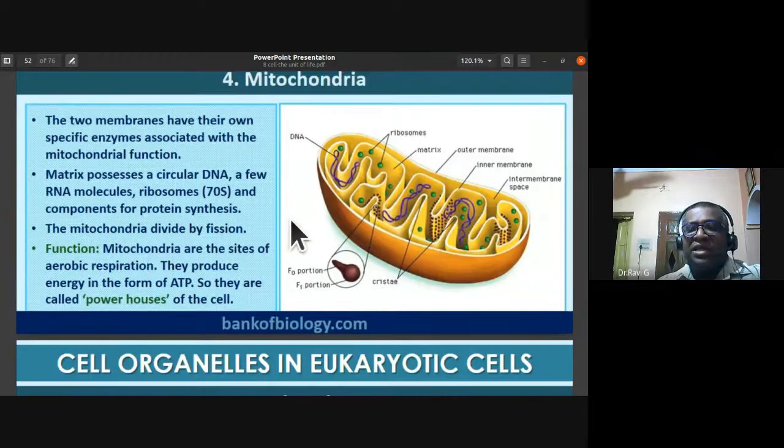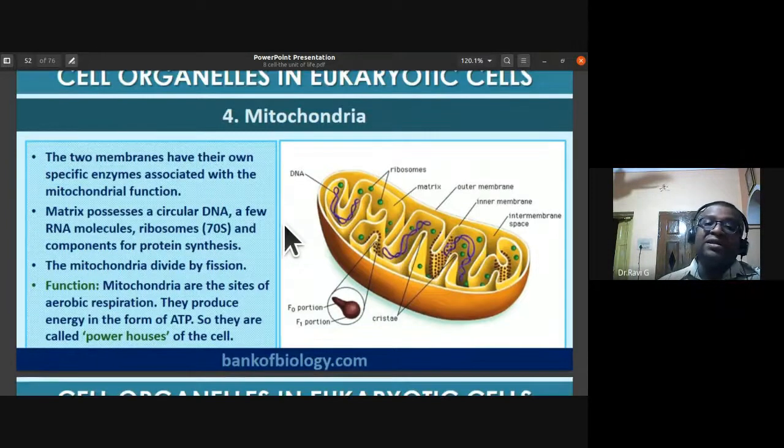Especially in the respiratory cycle, you are going to come across the Krebs cycle, and there are different steps in the respiration process. First one is hydrolysis of food substrate. The food substrate, whether it is carbohydrate, lipids, or fatty acids, should be broken down into the simple form. The second step is glycolysis or EMP pathway, which takes place in the cytoplasm of the cell.